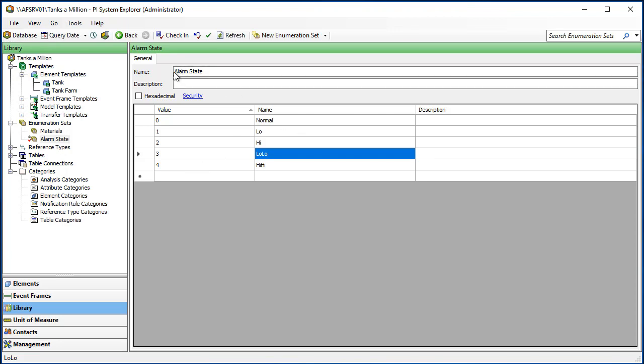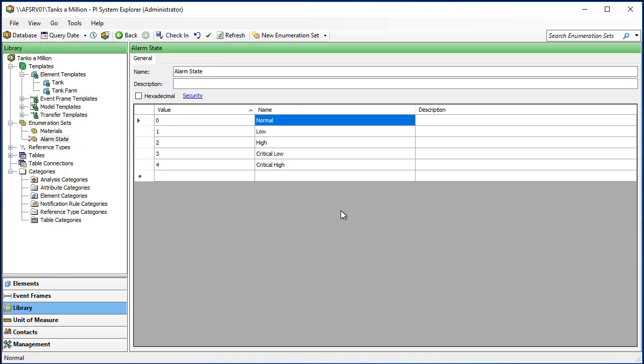So on one hand, I could have come in here and said, let's call this tank level state. And the problem is that's very specific, and you may have the need to do a lot of types of alarms. So I personally prefer a more generic alarm state. That said, I do like to do a couple of things. While things like high and low have a meaning to plant operators, I prefer something simpler like critical high and critical low. So there we go with that.